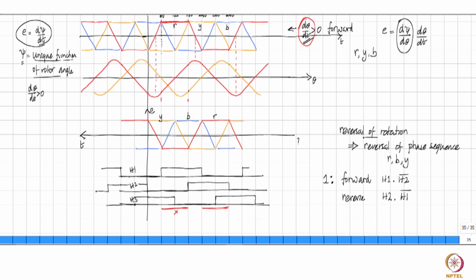So reversal of rotation means reversal of phase sequence. So if you now write down the sequence in which the switches are going to operate, you will find that the sequence is altered. Right? So that is what will happen in this case. So please go through, that is formulate definitions for all the 6 devices, formulate these expressions for both directions of rotation, and then see what is happening. So I'll leave that as an exercise to you. Do it.